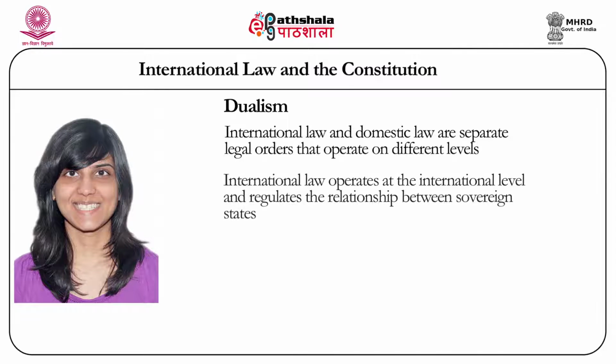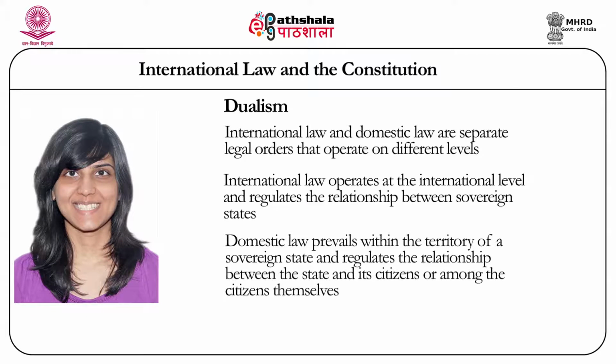Hence, international law will operate at the international level and regulate the relationship between sovereign states. It is the law that is applied by international courts and tribunals, such as the International Court of Justice. Domestic law, on the other hand, is the law that prevails within the territory of a sovereign state. It is the law that regulates the relationship between the state and its citizens, or between the citizens themselves. It is the law that is applied by domestic courts when approached by either the state or citizens in relation